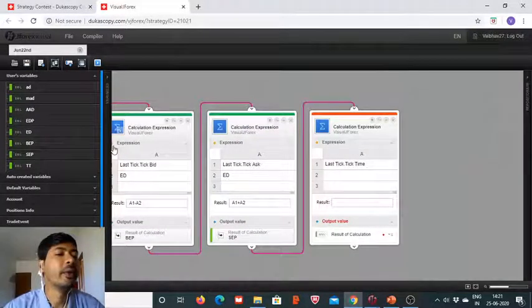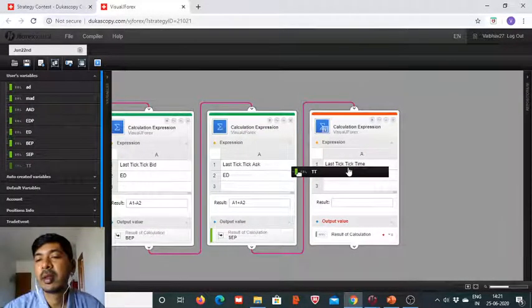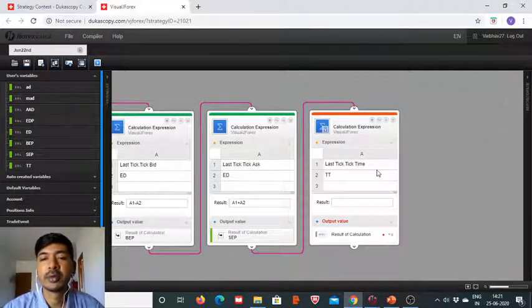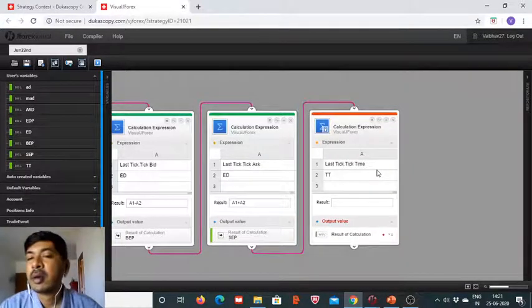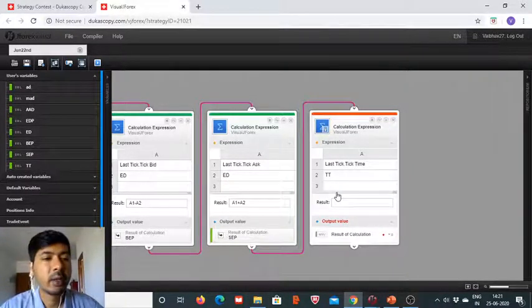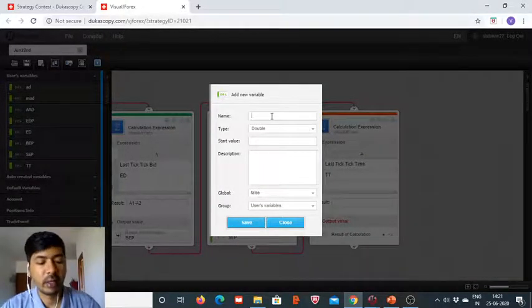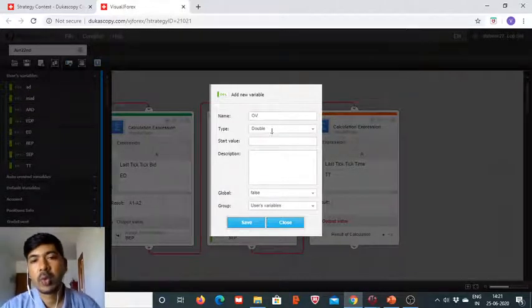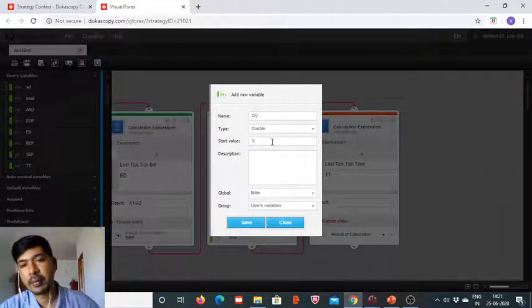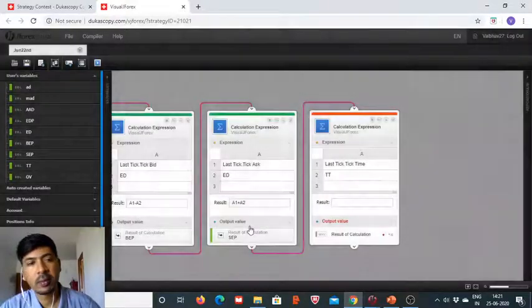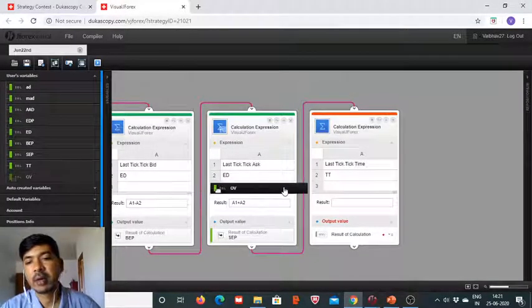If I have mistakenly made a mistake, you should keep it in mind to correct it. Now we have to define one more variable, and this will be the OV, and it is 3. So we have defined this as well,